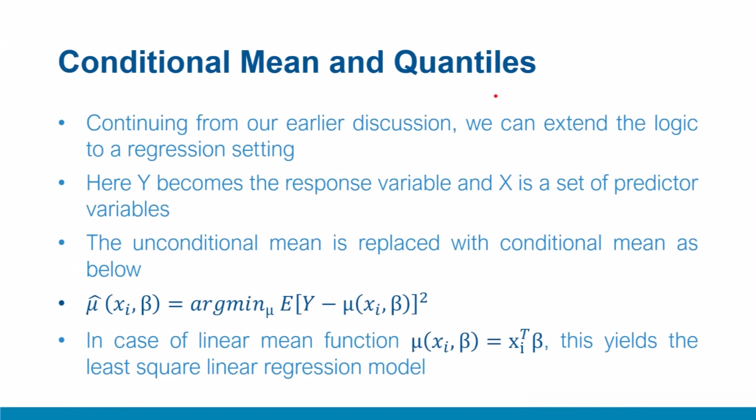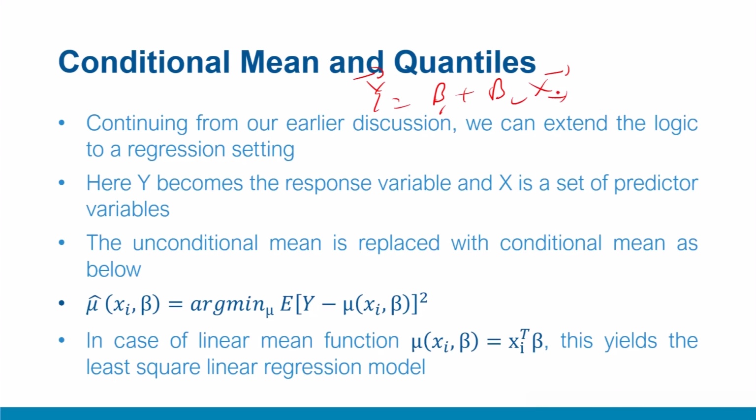In this video, we'll extend our understanding of the simple regression model, which was minimization of residual sum of squares, to the quantile regression setting. We'll take the example of simple regression and extend it to quantile regression. So let us extend our logic of regression setting here. In a typical regression setting of y equal to beta 1 plus beta 2 x, y is your response or dependent variable, where x is your independent variable.